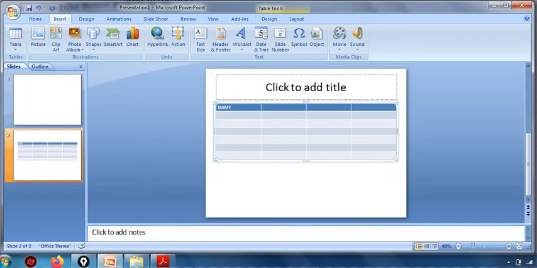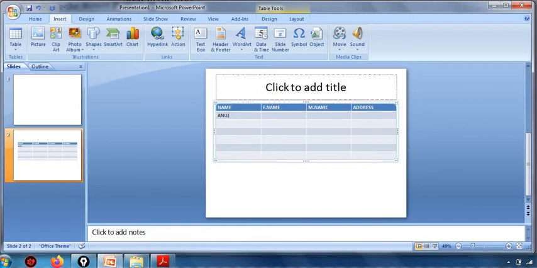Name, father name. Now next is father name. Again I am pressing the Tab key, and then mother name. Then again Tab, address. So with Tab, or this arrow button, or through the mouse, I can go to the next cell, the next column heading. And like this, I can enter the data.